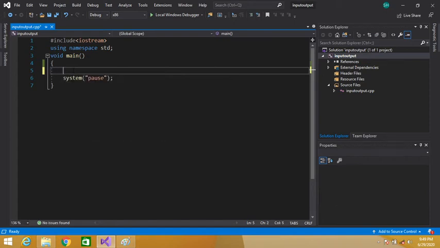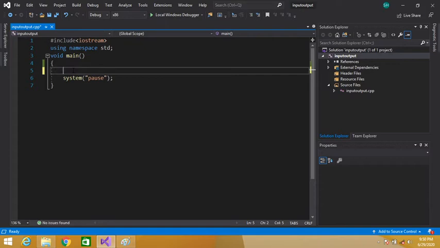Today we are going to study a little bit more about for loop. Let's take an example for better understanding of this loop. Suppose we are asked to write a program that inputs a number from the user and checks whether this number is a palindrome or not. So first of all, what is a palindrome?